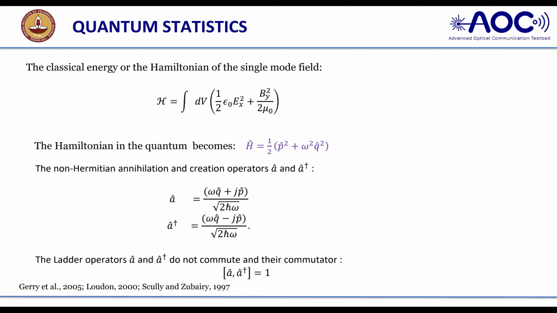So you can see the difference from the first equation. Here the total energy of the system is written in terms of E naught, and here in terms of P and Q. So this is the energy H hat. H hat is nothing but the Hamiltonian, and it is an operator. A and A dagger are related to P and Q, and they are also written as operators.